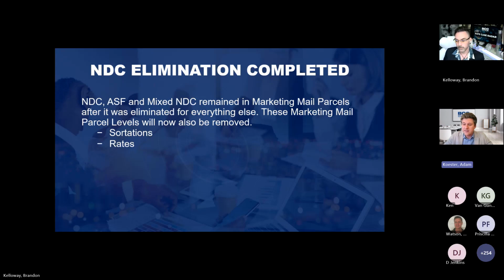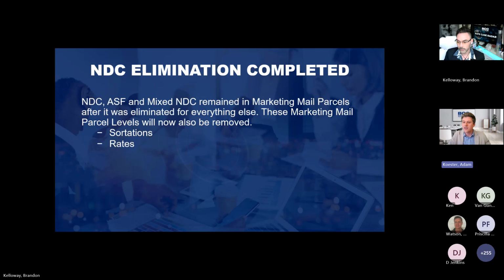They still had NDC sorts and NDC rates associated with them, including SCF and the mixed NDC levels. That will now be eliminated to catch up with the rest of the mail. So that will impact both the sortations and the rates. NDC, ASF, and mixed NDC, mixed